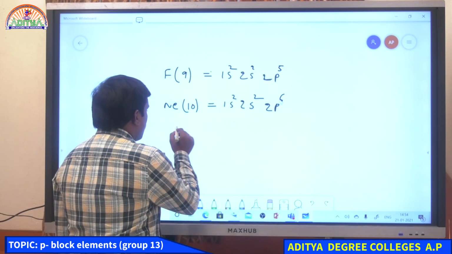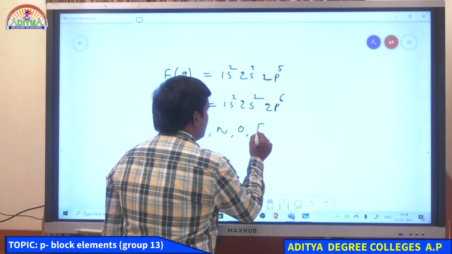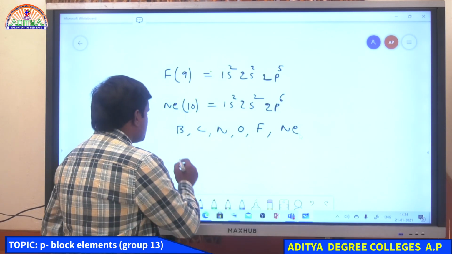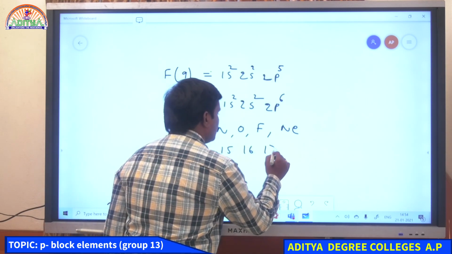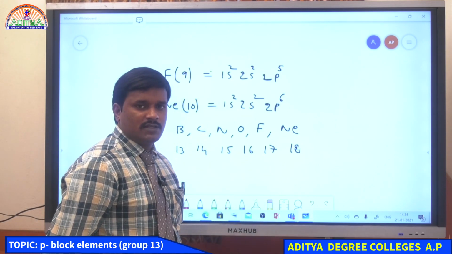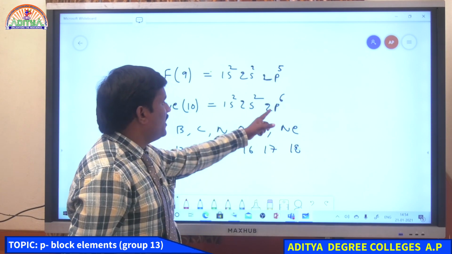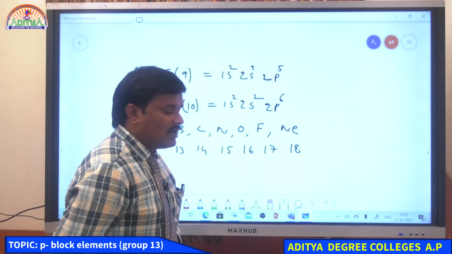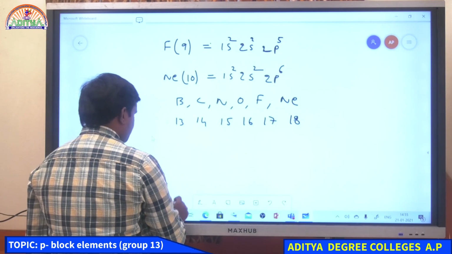So totally boron, carbon, nitrogen, oxygen, fluorine, and neon. So there are 6 groups. This group is nothing but 13th group, and this is 14, 15, 16, 17, and 18th group. All these are examples for p block elements. In these elements, outer electron, that is the last electron, is enter into p orbital. Therefore, all these are examples for p block elements. And the general electronic configuration for p block elements is